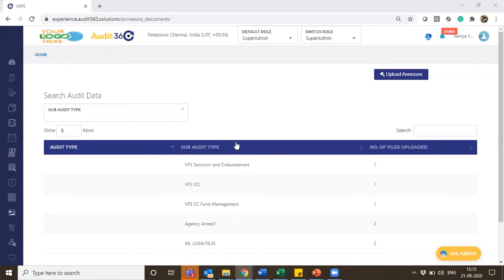We are only allowing the auditor to pick from whatever list we have shared and execute the audit. And the ones he is not willing to execute, which are not part of any execution he would want to do, can be eliminated and moved forward. That's the simple logic we currently have. But if there is any specific logic to be followed, then you can get in touch with the respective relationship managers for such unique requirements.